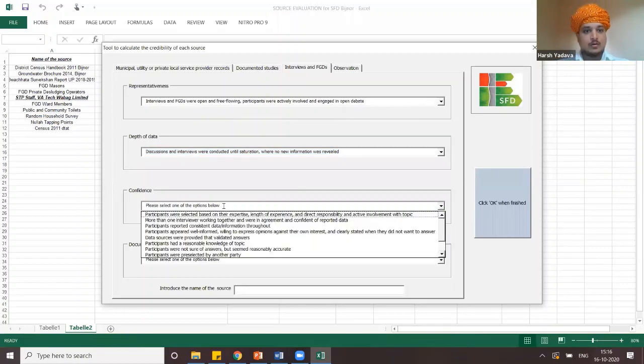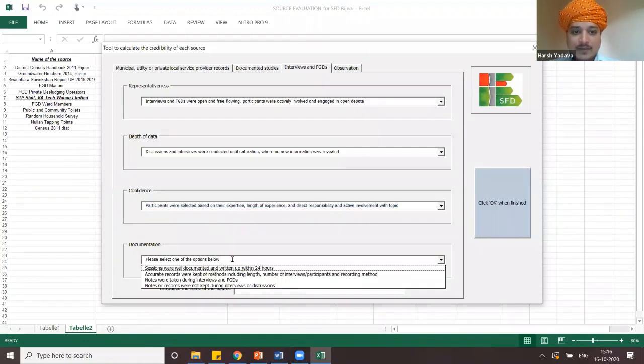And for confidence of the private researchers, you have to say based on your expertise and your experience in the field that participants were selected based on that. So private researchers have this expertise. I interviewed private researchers because they were involved in emptying and transport of fecal sludge. So I'm choosing that participants were selected based on their expertise.